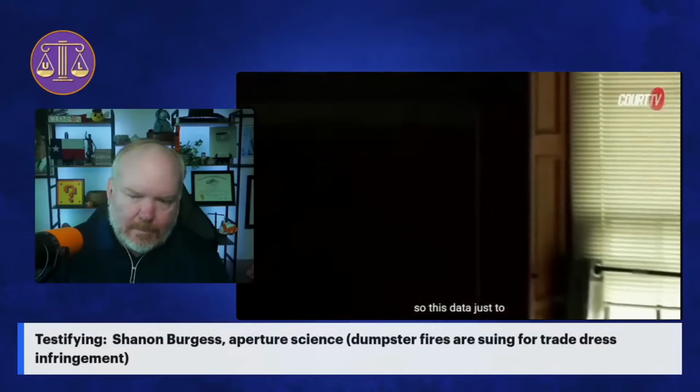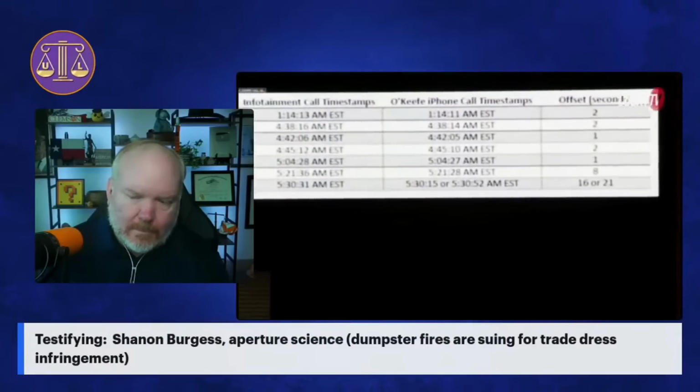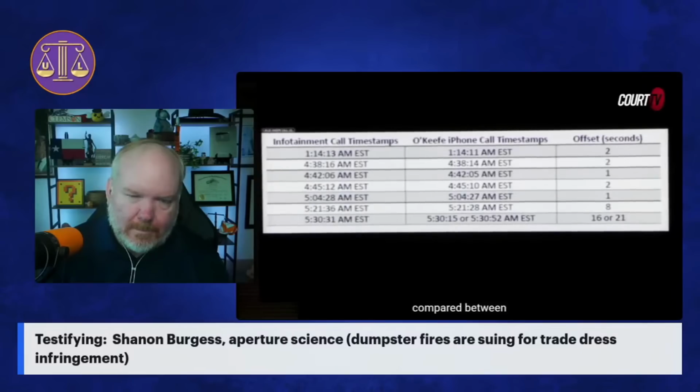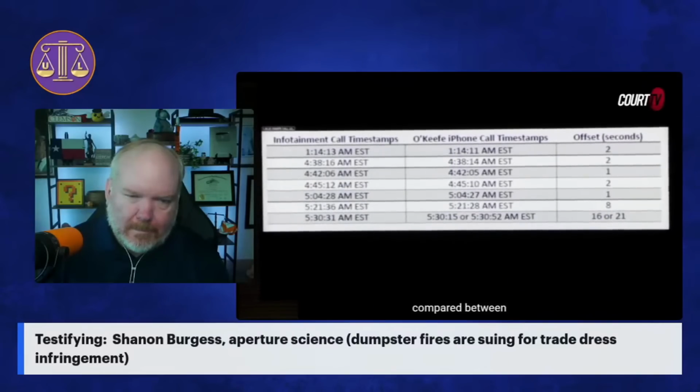This data, just to reestablish, captures a precise moment in time that's easily compared between the two devices, correct? Correct. Now, according to your own table,